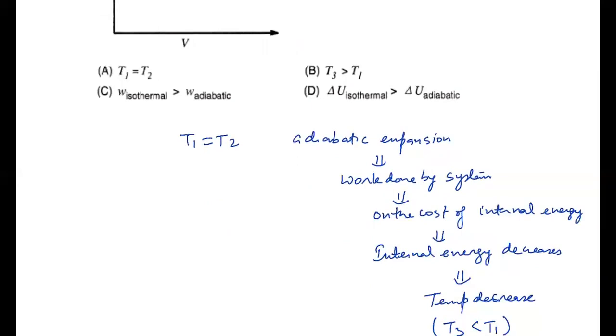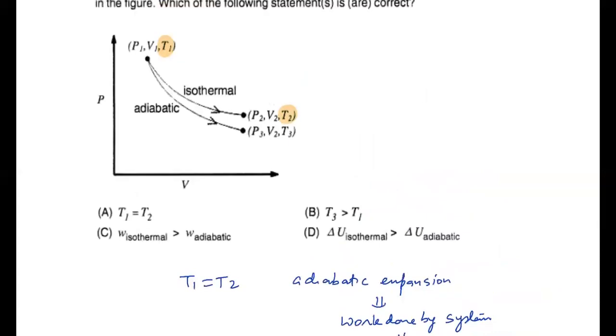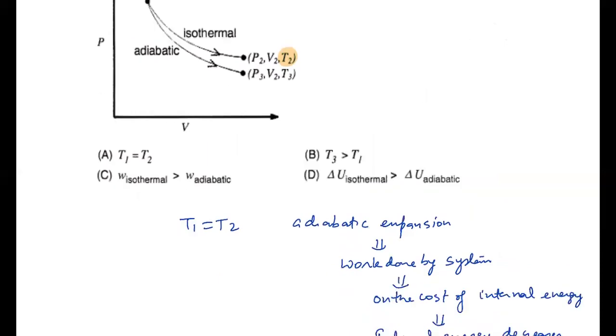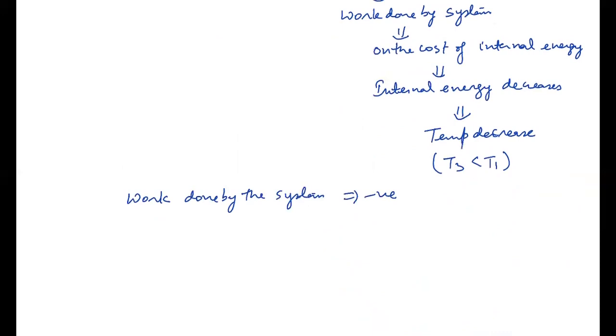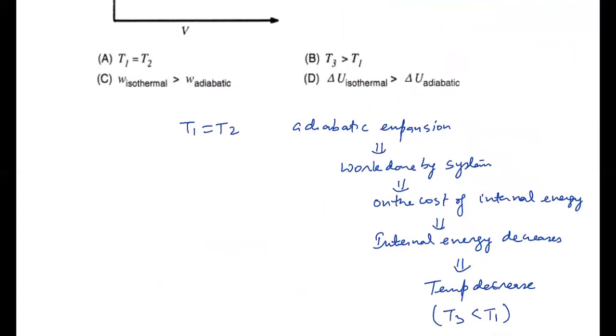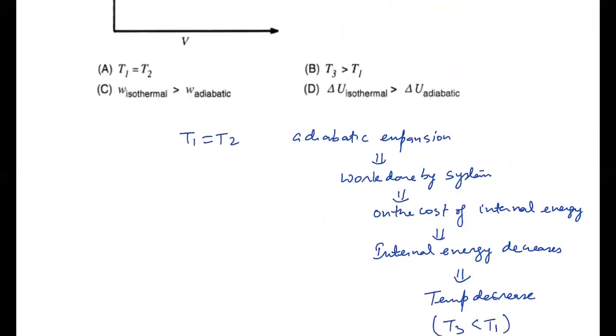Now you have to check work done for the isothermal process and the adiabatic process. You can see it is work done by the system in both processes because it is expansion. So if it is work done by the system, then in chemistry we know it will be negative. And by the graph we can say the modulus value of work done of the isothermal process is certainly greater than the mod value of work done of the adiabatic process. And as both values are negative, work done in the adiabatic process will be certainly greater than the isothermal process. So answer C is also incorrect.